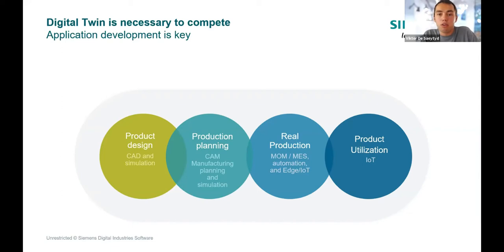And in these topics, Siemens is quite strong. But in order to create these digital twins, you have a product digital twin, which is the product design phase, a virtual representation of the product. You have the production digital twin, which is a virtual representation of your production process. And then you also have the performance digital twin. We think that these three are vital in order to create a real digital twin.